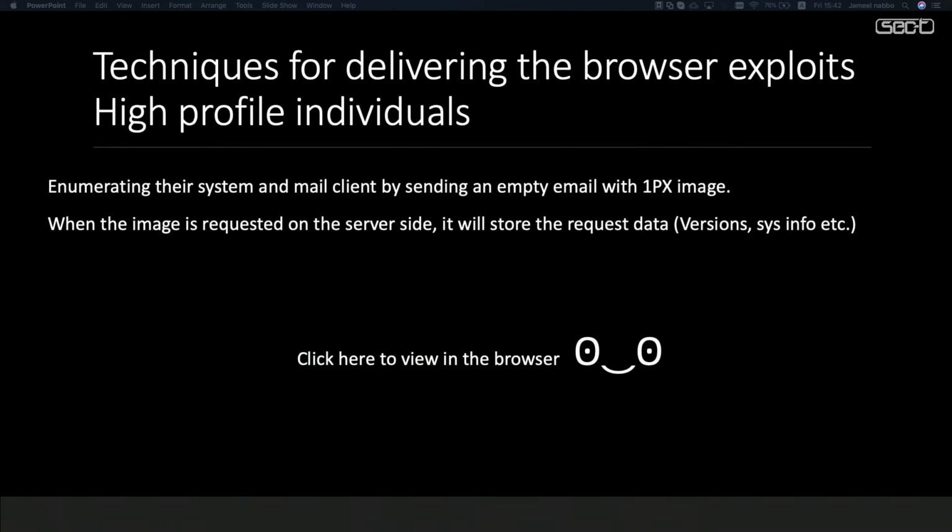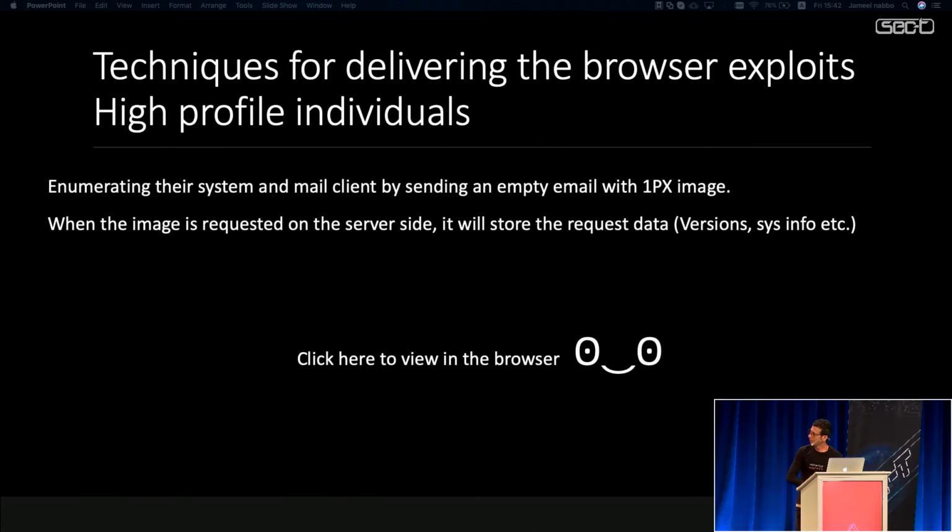Okay. Yeah, it's the same one that I see here, right? So yeah, the